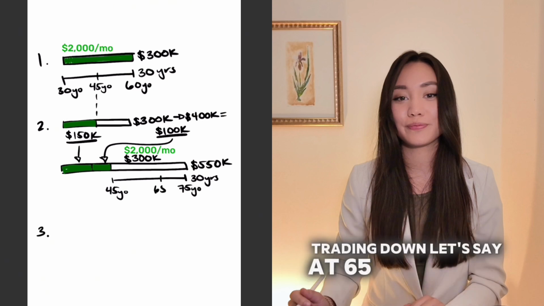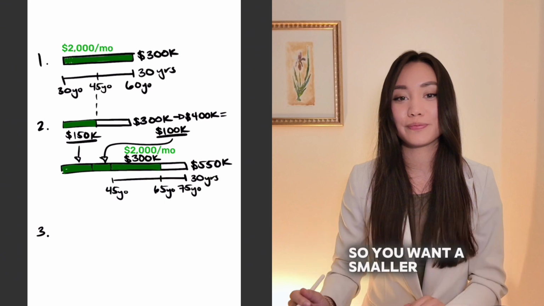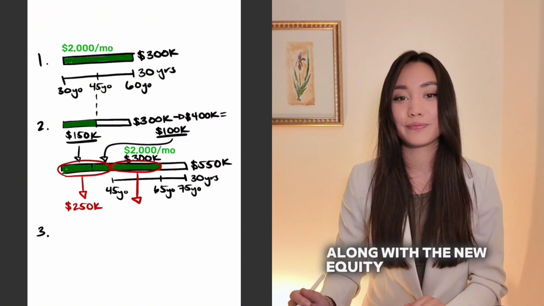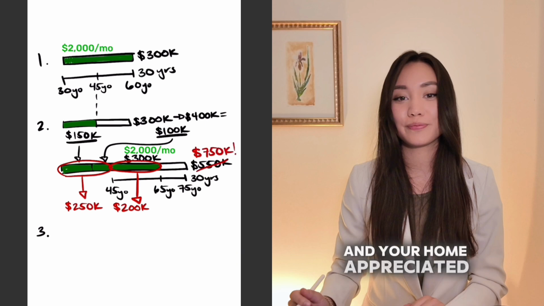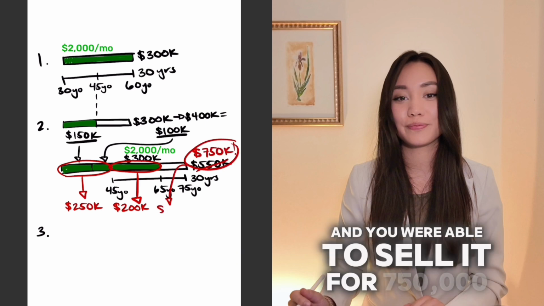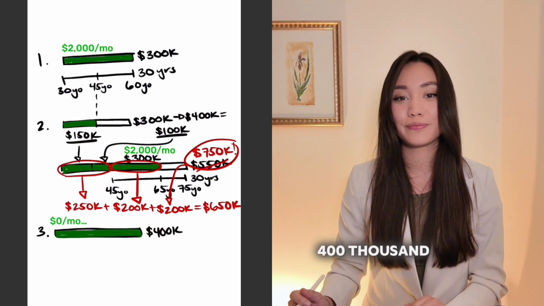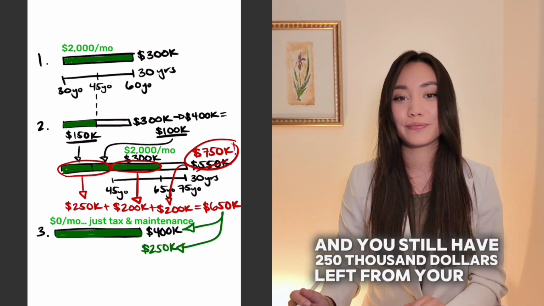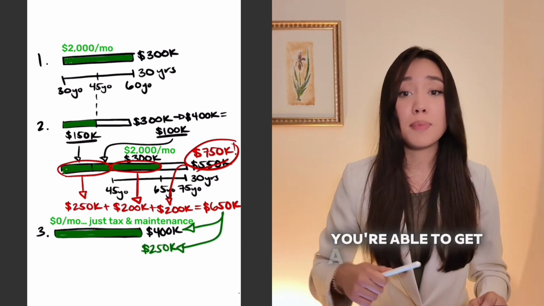Let's say at 65 years old, you're an empty nester and you no longer need the extra space, so you want a smaller home. Will you have the value of the original down payment in your home along with the new equity added from paying off 2/3 of your current mortgage? And your home appreciated and you were able to sell it for $750,000. That leaves you with $650,000 cash to buy your smaller $400,000 home, and you still have $250,000 left from your $650,000 profit. So kind of the key thing with that is you're able to get a better and better home